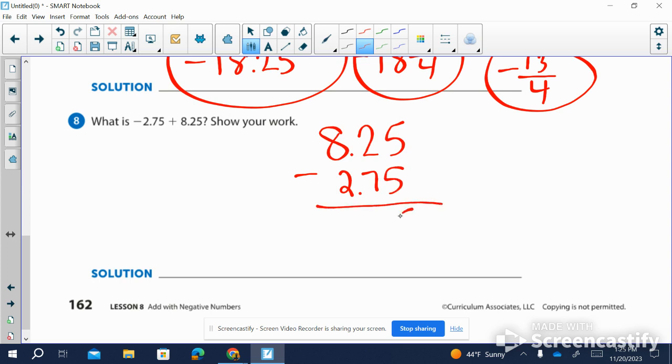5 minus 5 is 0. Can't take 7 away from 2, so we're going to have to borrow. 12 minus 7 is 5. Bring down the decimal, and 7 minus 2 is 5. Now, this is a terminating decimal, so we don't really need that 0 at the end. And when I look up here, I see we have more positives than we do negatives. So our overall